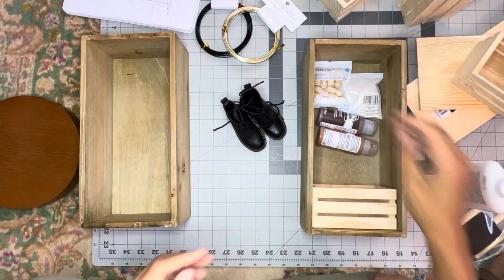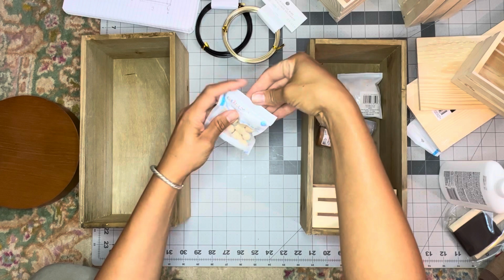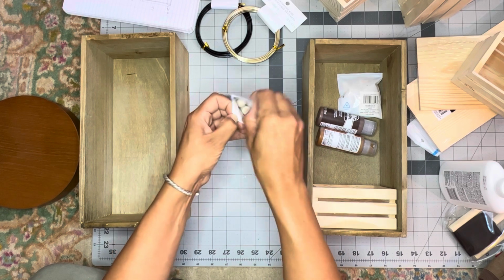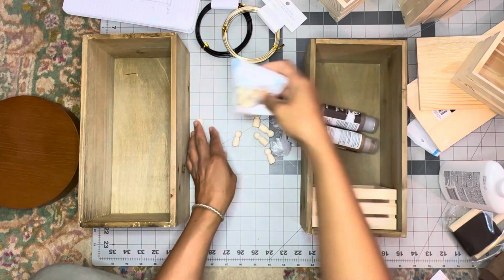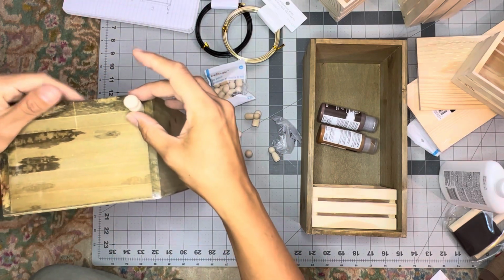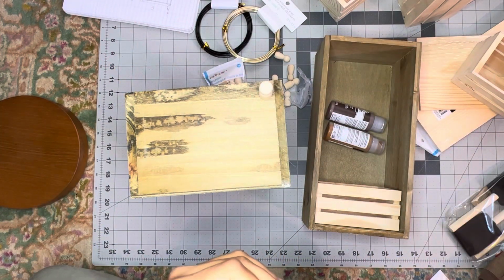I also got these little peg people because I thought they would actually make good feet for this dresser system. I'm just gonna call it a dresser. And I bought two sets because the one I actually want is this, and there's 4 of these in each. And so I'm just going to glue them on the bottom. When I'm done with cutting out all of the,